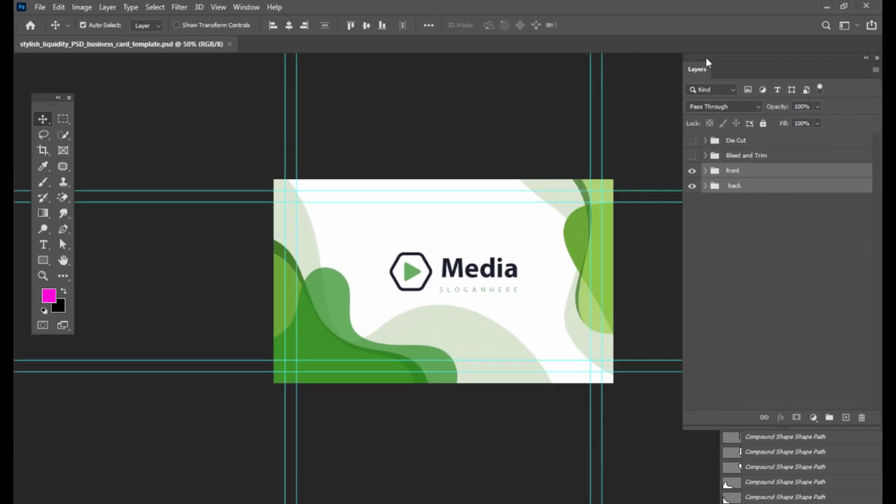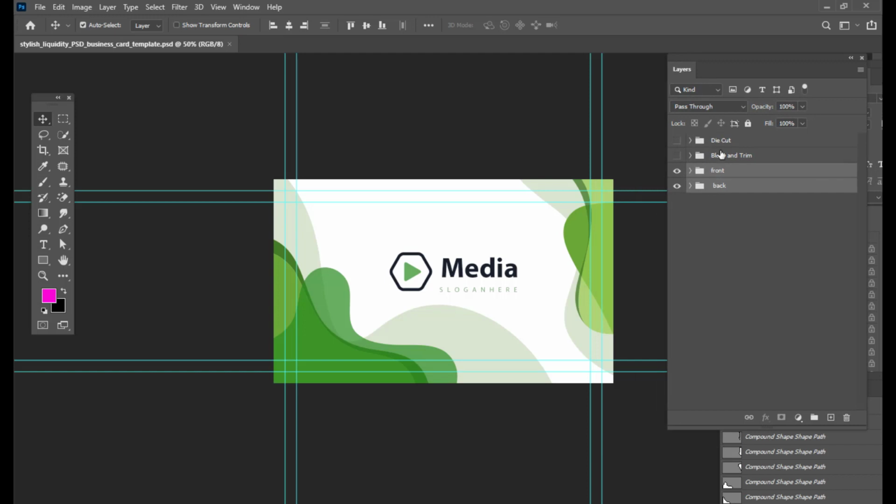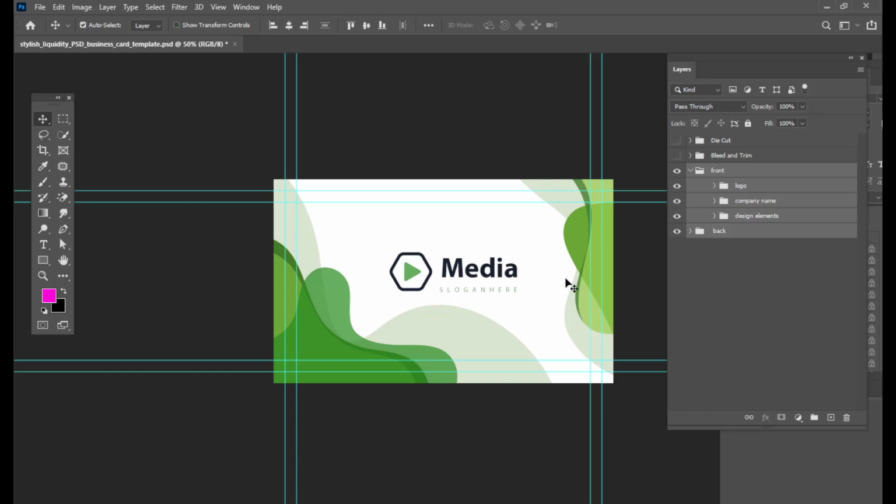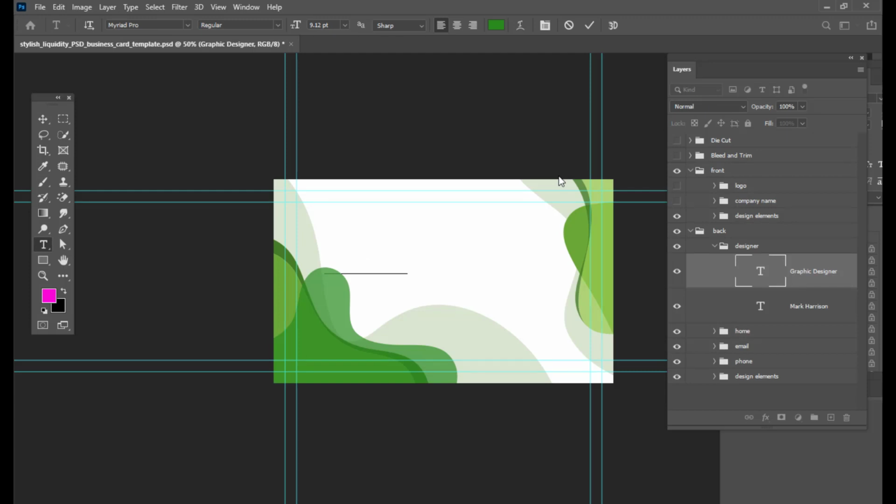So you can see on the right side, you can see the layers, and you can simply customize it in whichever way you like. See, all the layers are there, and if you want to hide the name of the visiting card, you can simply hide it. So you can hide the company name, and you can also change the design. So you can put your own name here. So we'll just put our own name,